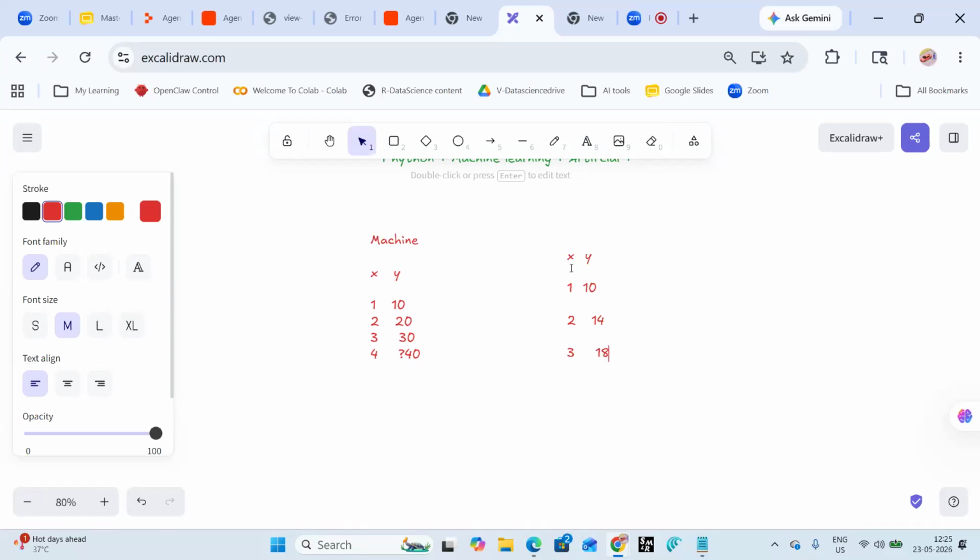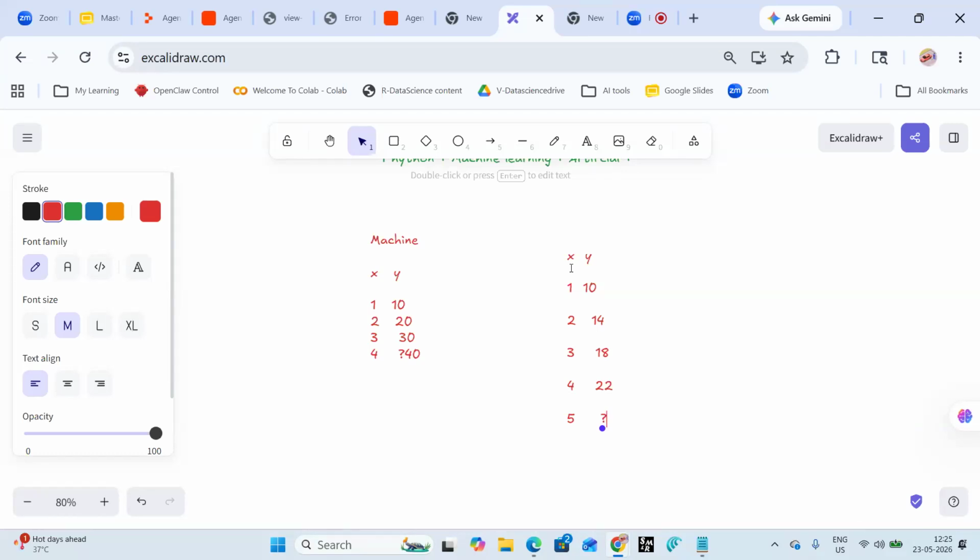For 3, 18. For 4, 22. And for 5, now say the answer. What is the value of y? When x is 6, the value is 26? Okay, 26. Great, I agree.